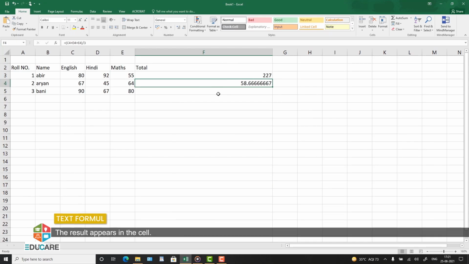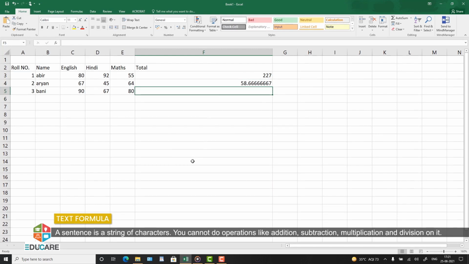Text formula. A sentence is a string of characters. You cannot do operations like addition, subtraction, multiplication, and division on it. However, you can still join the strings by using the ampersand character. When you add 2 strings, it is called concatenation of strings.